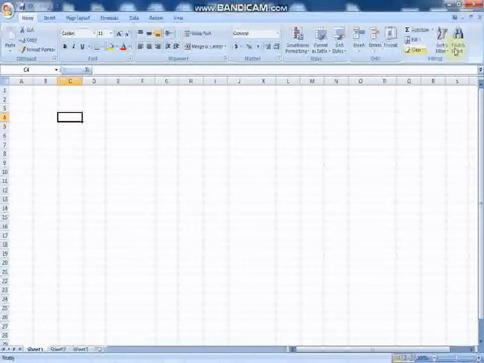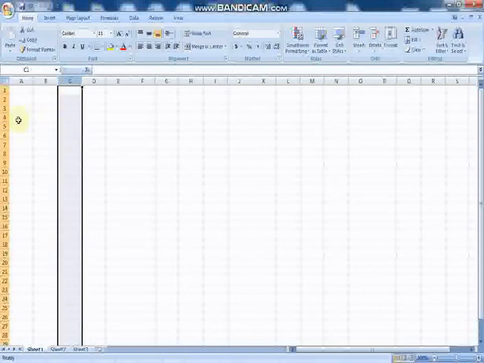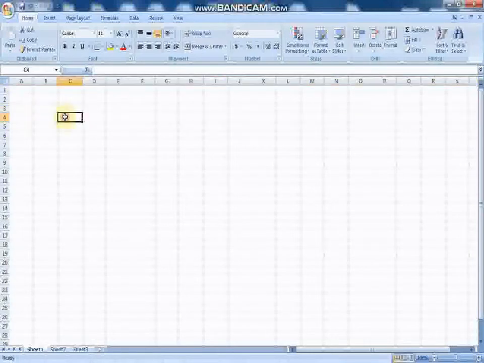So this is also called cell reference. For example, I am just choosing this cell and the name of the cell is C4. C4 means this is the C column and the fourth row. That's why the name of the cell is C4.